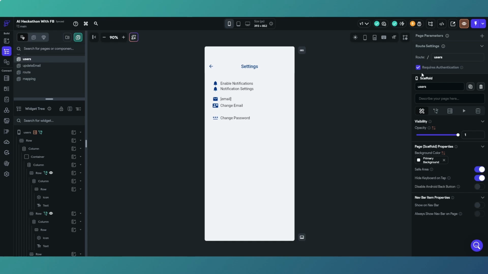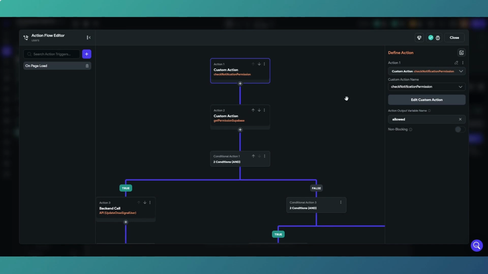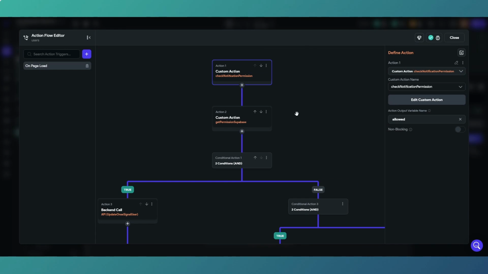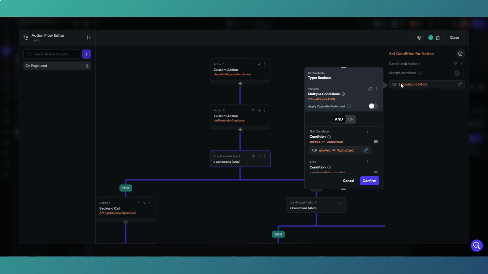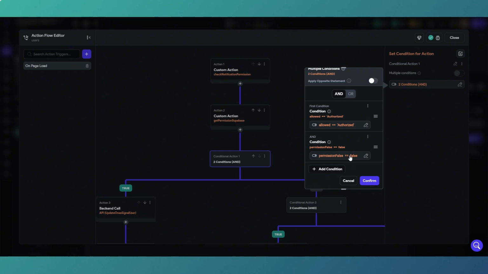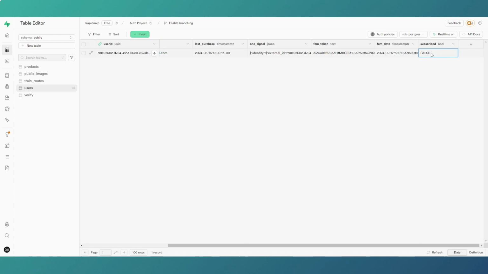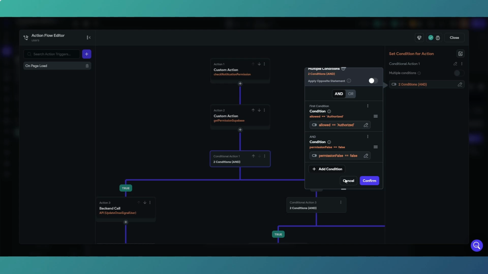the main branch, so this is what I did for that on the other version, the API version. I haven't set it up on the SDK version yet, although I will do, because I will use the SDK going forward. It's just so much easier. So on page load for our settings page, we're checking if the user's device is authorized and permission is false. So if our table shows they're not subscribed, but our device permissions show they are subscribed,